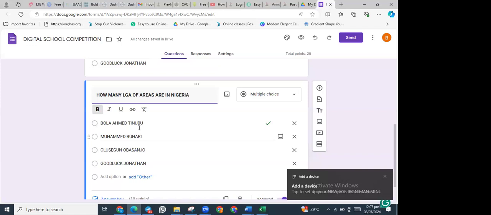So the same process, we go to the answer key and set the correct one. Now this is the correct one. Take note, the student will never see